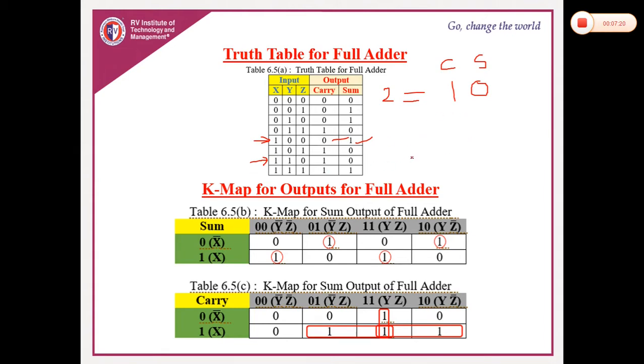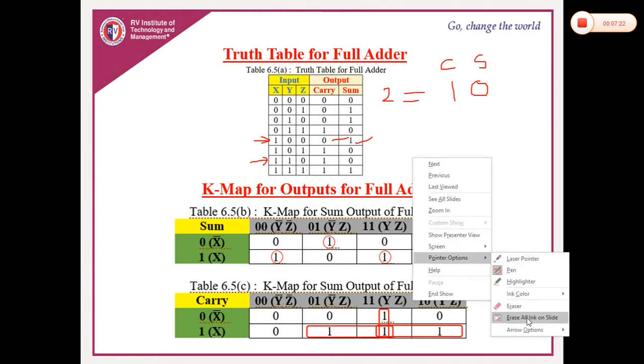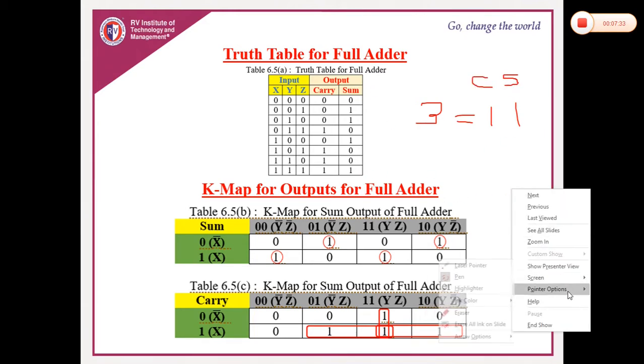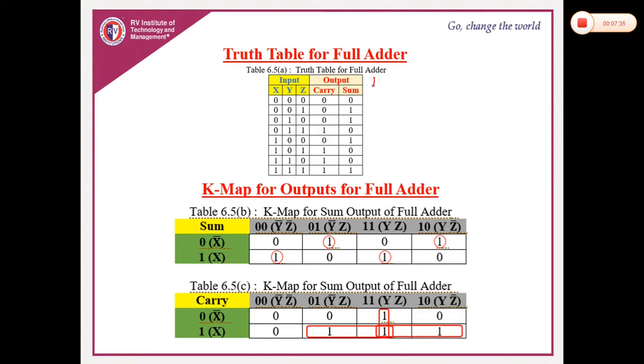Final combination we have 1 1 1, where 1 plus 1 plus 1 is 3, but how do we represent this 3? 3 is nothing but 1 1, where this 1 is sum, this is carry. Okay, so this is how we write the functionality table. Functionality table is nothing but truth table. Once you are done, it is our duty to write the expression for sum and carry, because we require this